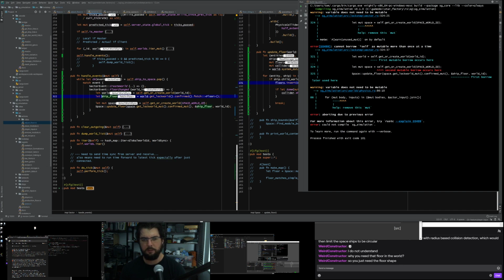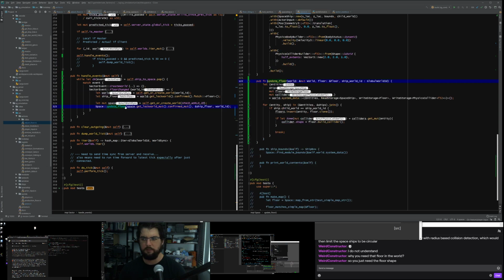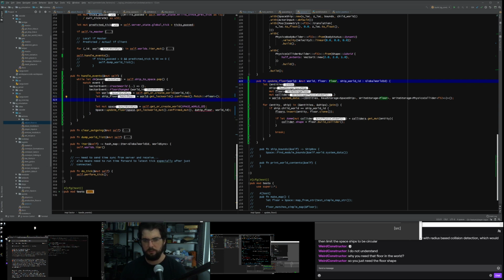Until we do something with this floor, we can't pass it. So we might change update floor so it does take the floor by, it does move the floor. So let's do that. Update floor doesn't take a reference to a floor, it takes an actual floor. Ship floor, it creates a clone. So how do we dereference it and create a clone, I wonder?